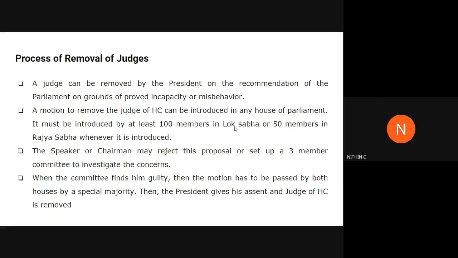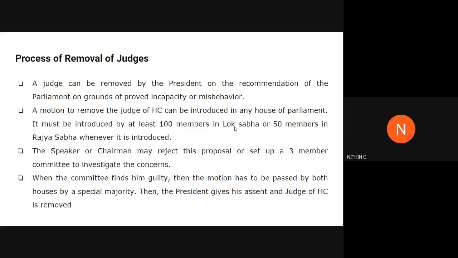So if you are asked what is the procedure for removing a judge from a High Court, ഇതാണ് ആ procedure എന്ന് പറയുന്നത്. That power is actually lying with the hands of the president. President ആണ് റിമൂവ് ചെയ്യുന്നത്. But it is done on the recommendation of the parliament. ഇനി പാർലമെന്റിൽ അതെങ്ങനെ? It can be introduced in either house of the parliament, either Rajya Sabha or Lok Sabha. That is, charges against the judge can be introduced in either house.